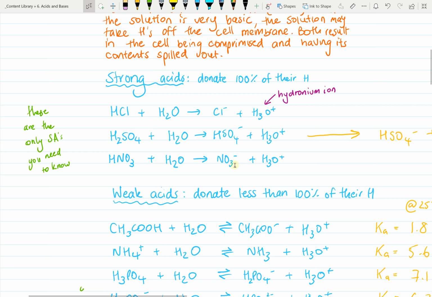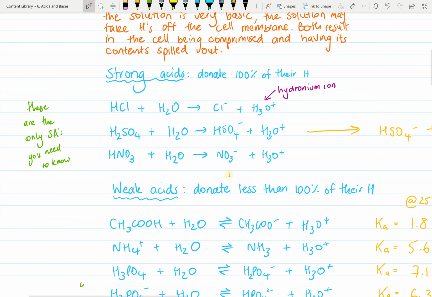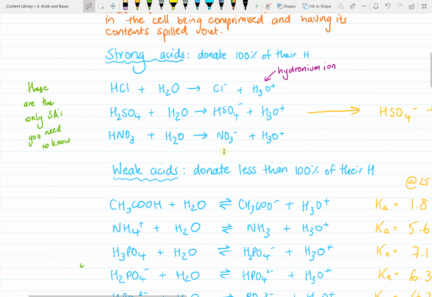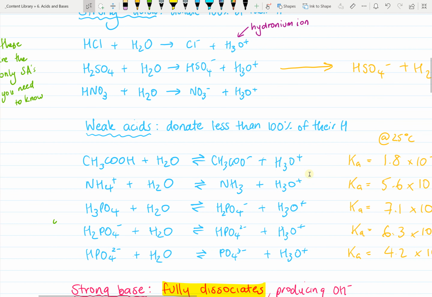There's reasons for that. There's a word called resonance that's outside the course, but there's a reason why this is a very stable molecule and is happy to hold on to the charge and not share it with a hydrogen. And it also is 100% dissociation. This is where you start getting your more funky questions that incorporate your Mod 5 understanding, because this is very much an overlap